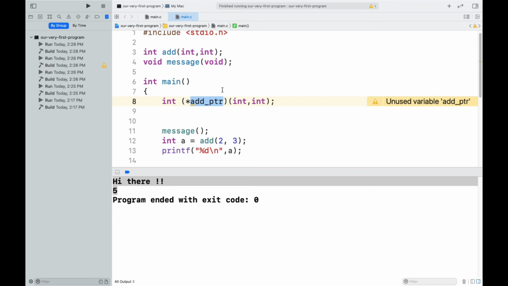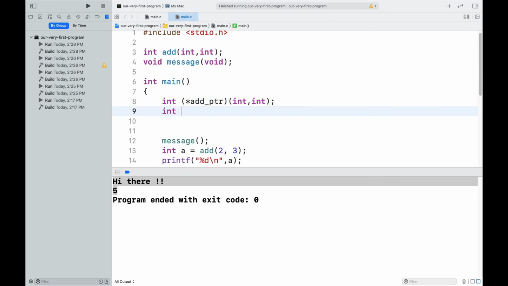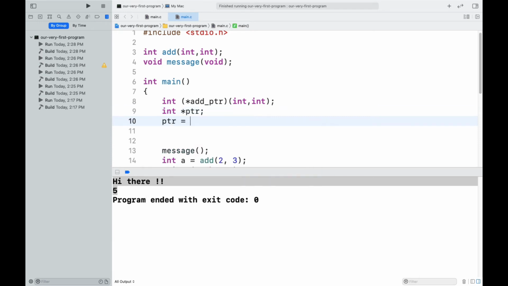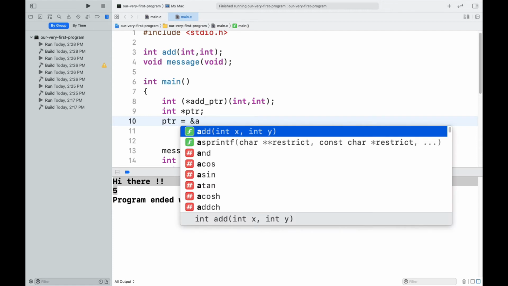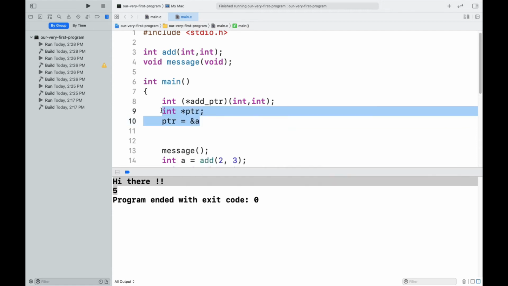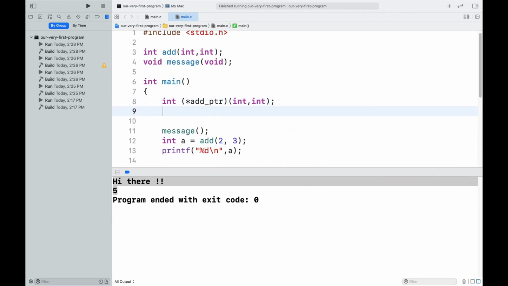Now I need to store the address of this function. Similarly, with pointers pointing to an integer number, we declare the pointer as PTR, then we need to store the address in the form of the address of the variable name. The syntax is a bit different for functions.